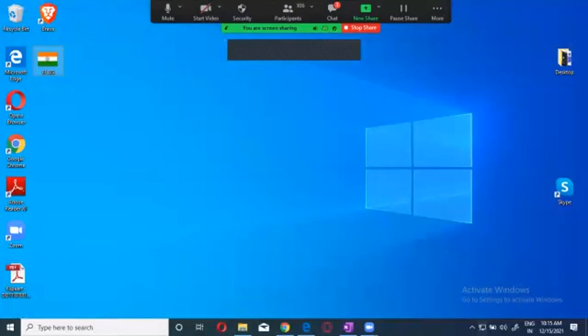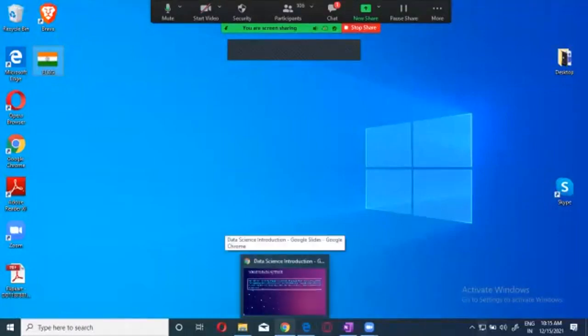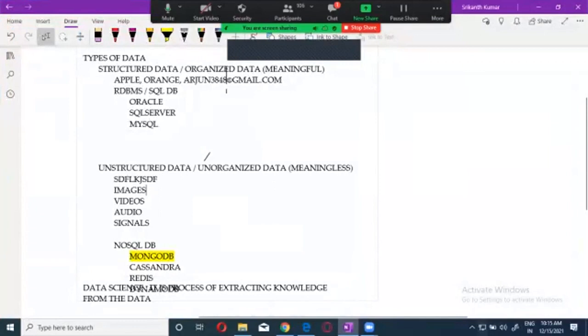Now, this is not possible to store in your normal SQL database, guys. You can't store it in a SQL database. For that we need NoSQL. Just imagine, you will be having a lot of images. Can you think of an occasion where you went and took a photo at some function? Can you search for that, not by the name, but by the color or the location? No, you can't do it.